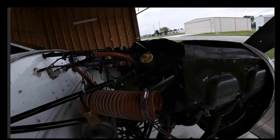So for those of you who are going to need to access the engine compartment, I was thinking, if I'm taking this cylinder out, maybe I could just take this baffling off here and not have to disrupt anything over on the other side. Well, that doesn't really work out with aircraft engines that well. So my suggestion right off the bat is take the entire cowling off, take the front, take the prop off, take the flywheel, everything,